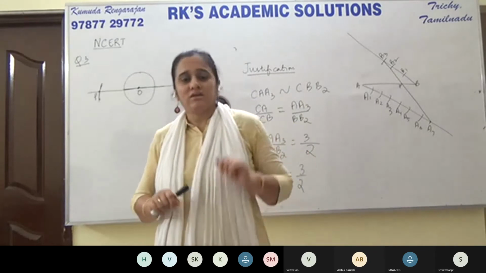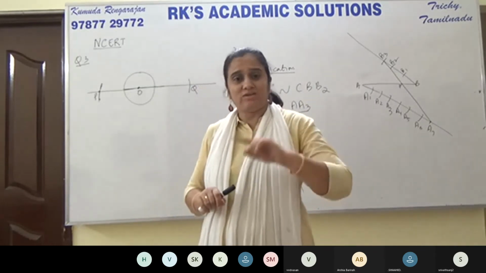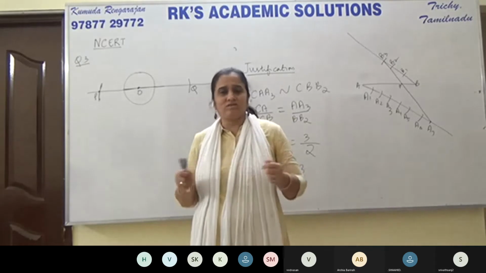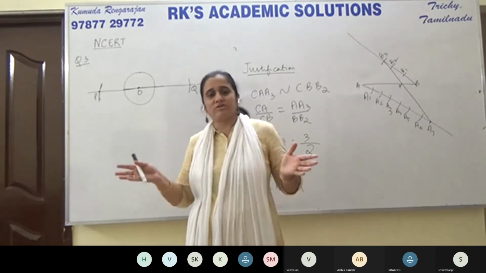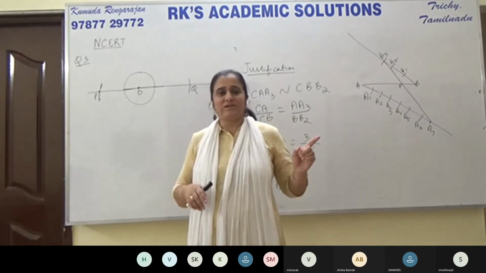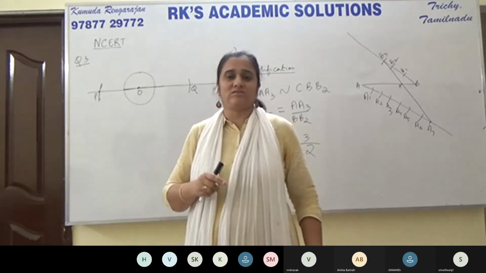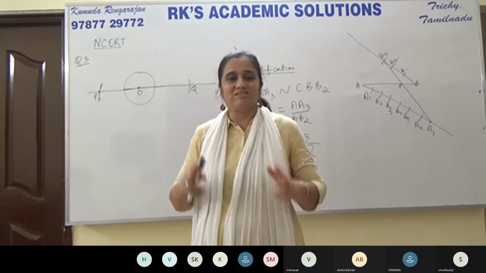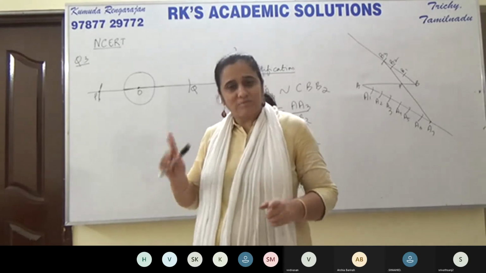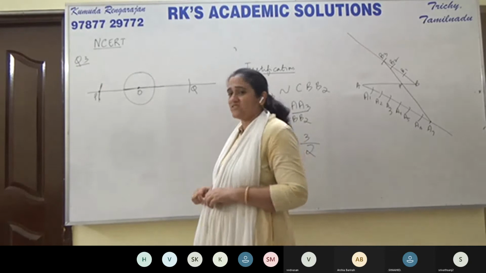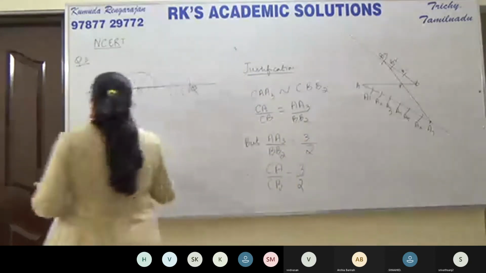Okay, located. Now P and Q are external points to the circle. P and Q don't lie on the circle. So from P, we can draw two tangents, and from Q also, you can draw two tangents. That's what we have to do. We have to construct the tangents from the points P and Q to the circle. So how do we construct tangents? Again, you know it.